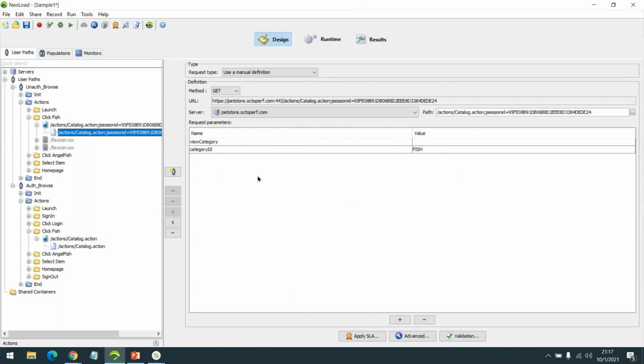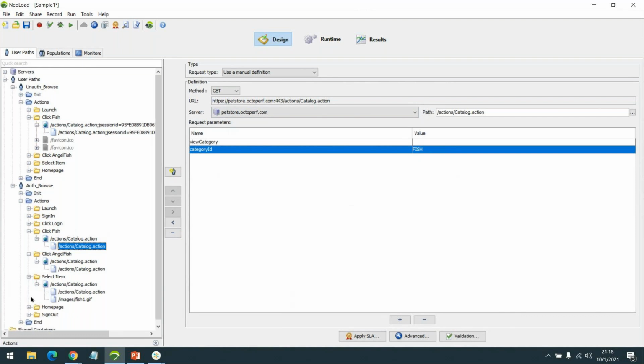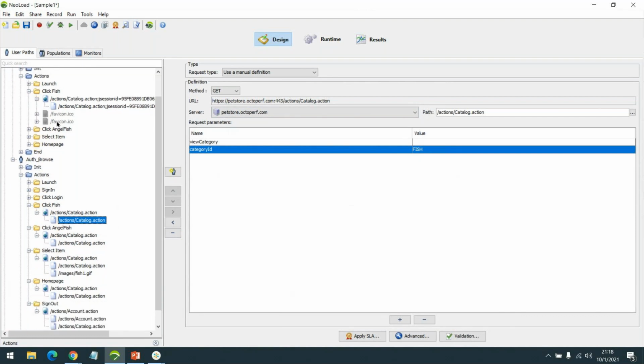Yes, I'm just comparing the fish. If we compare the fish with the unauthenticated, there is a session ID getting passed. With authenticated, there is nothing but only the parameter. Let's expand the others.